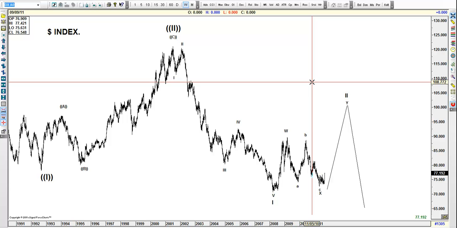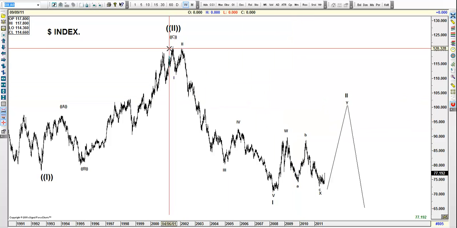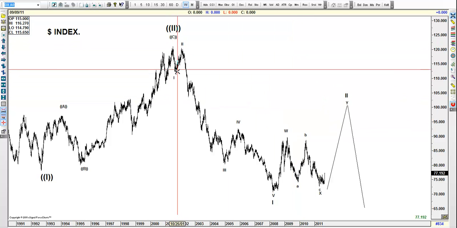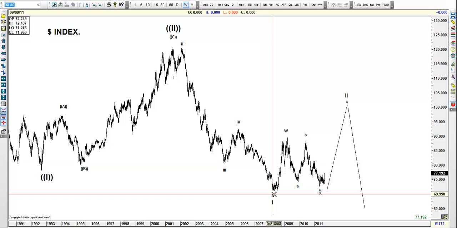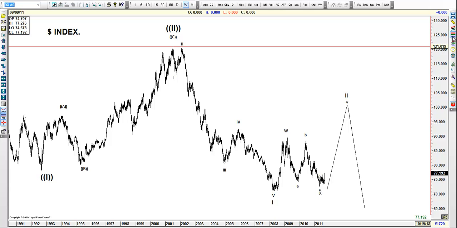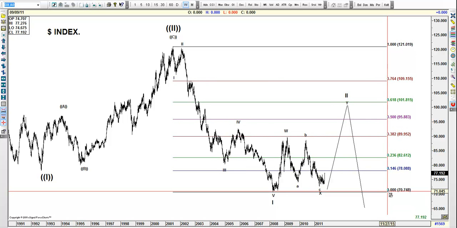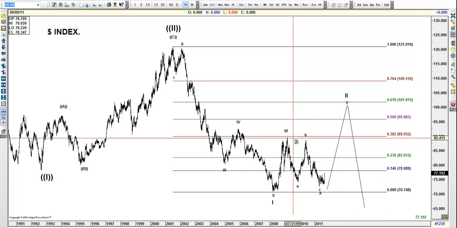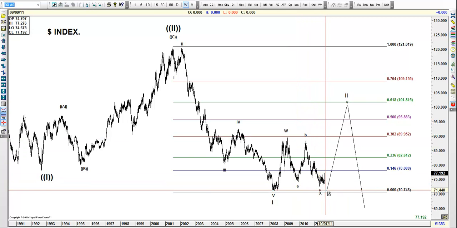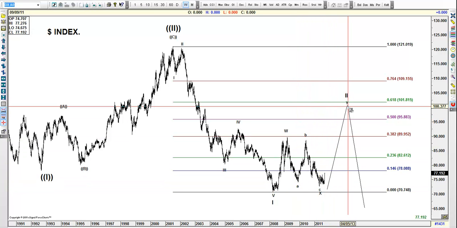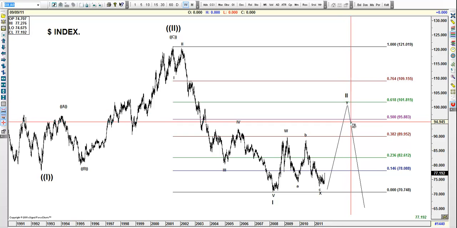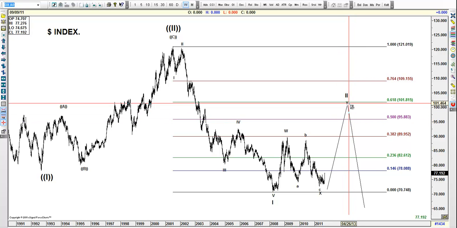Now, this is our weekly chart on the US dollar, and as you guys can see, there are 5 waves: 1, 2, 3, 4, 5. So we have always been waiting for a recovery on the dollar, always, even when we had a bearish bias until last week. We always were expecting that after a new low possible here, the dollar is gonna get strong to a minimum around the 95.88 to 101 area.